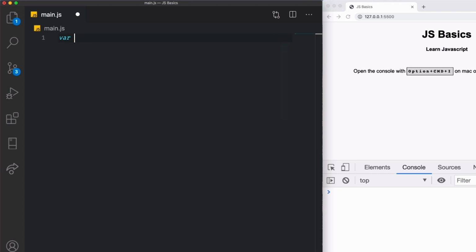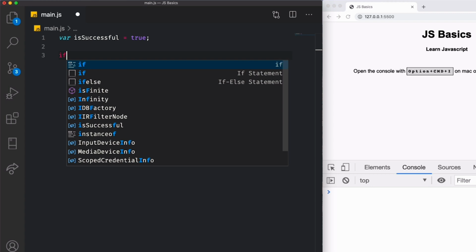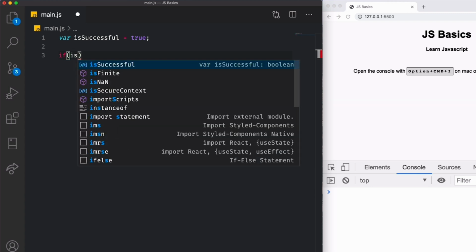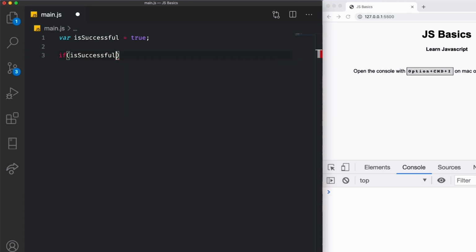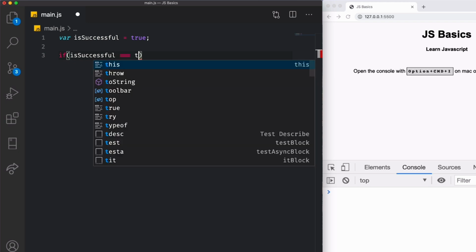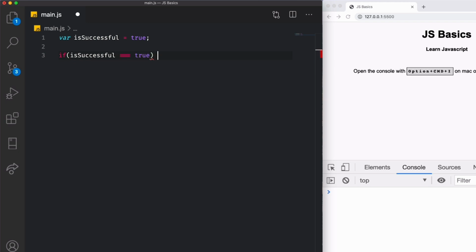Okay, so let's say var isSuccessful equals true. Then let's do our if statement, followed by our brackets, and say isSuccessful triple equals true. Go the long way. Then have our curly brackets. And in here we want to run a console.log if this statement is comparable. I'm going to say success. Finish off with a semicolon. So we're saying if successful is true,